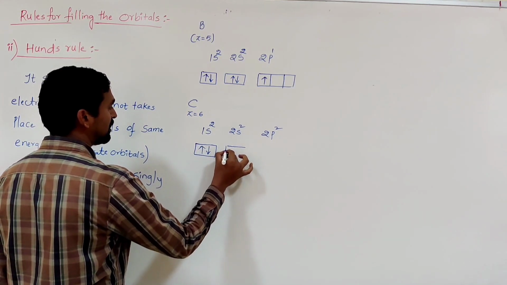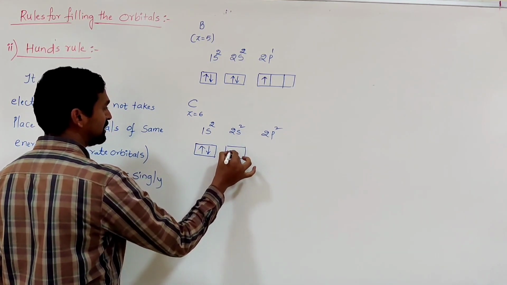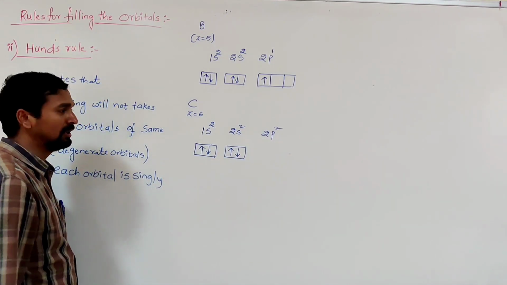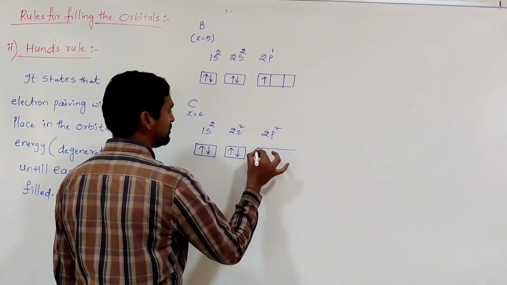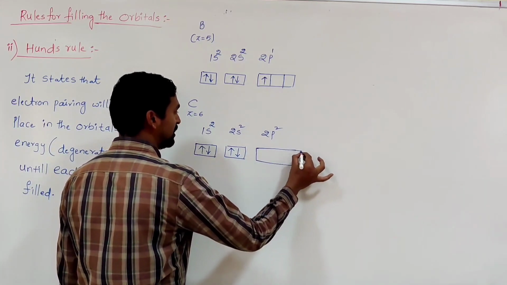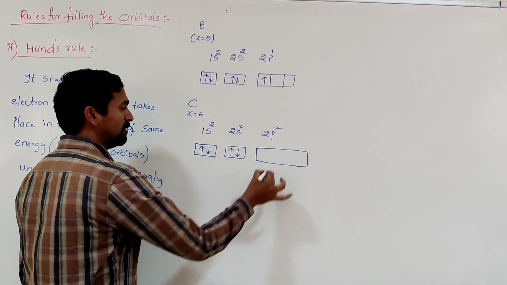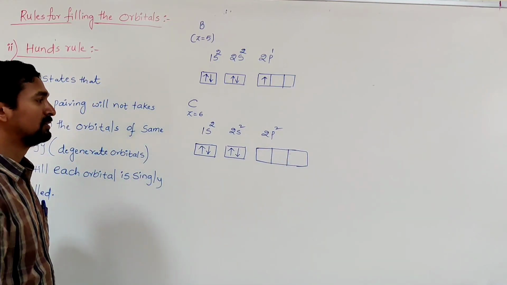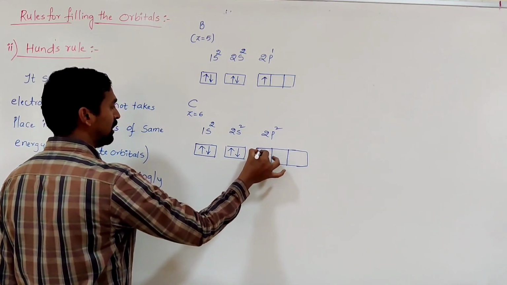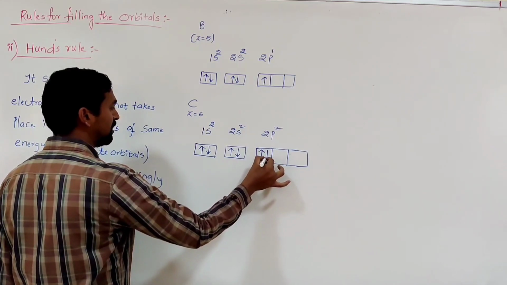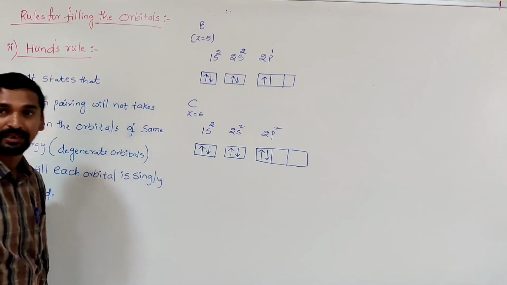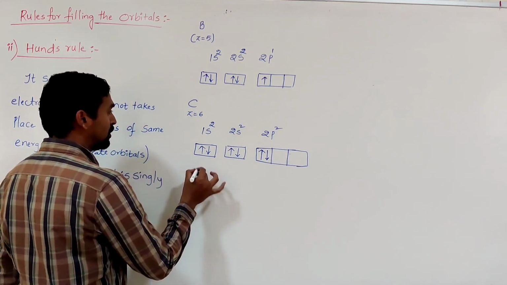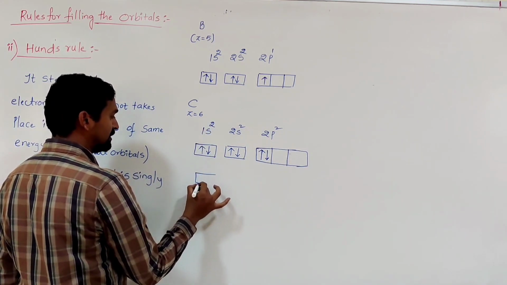After the electron enters the next higher energy level, that is 2s, it can also accommodate a maximum of 2 electrons only, according to the Pauli exclusive principle. Now here, the 2p2 is there. So there is one possibility of filling the electrons like this. I can write like this. And one more possibility for the carbon, I can write like this.